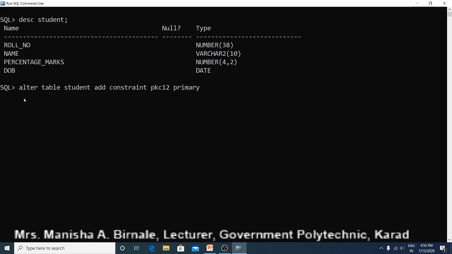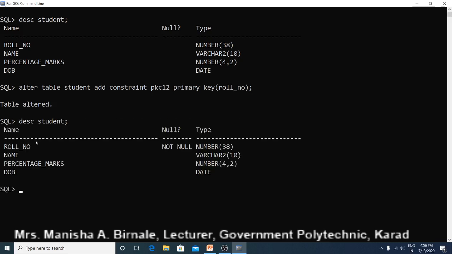Then primary key. And in round brackets you have to specify the column which will work as the primary key. So here our roll number column is the primary key. So specify roll number. Now your table is altered. So here now you can see not null is specified because we have altered our table and we have set the roll number column as a primary key.